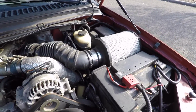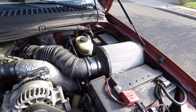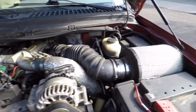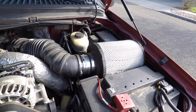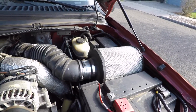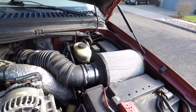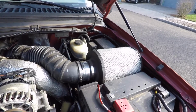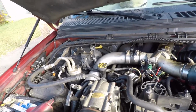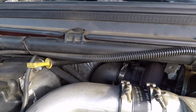There's some people that say it doesn't do any better. I personally think that it does make a good improvement. It doesn't give you 100 horsepower or anything, but it is a massive filter that just provides a lot more air into the engine, and it's cheap. That's the biggest thing, it's probably the most affordable intake you can put on your truck other than keeping it stock. Moving back, we will go to the exhaust, which you probably can't see very well, but back there